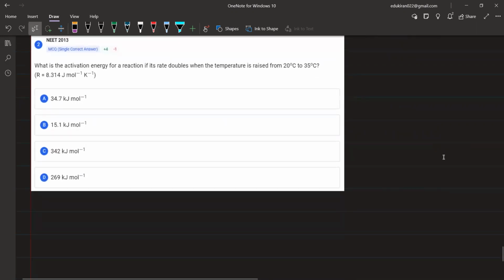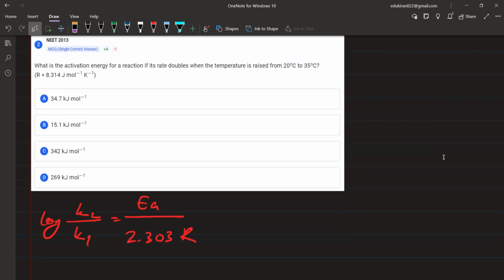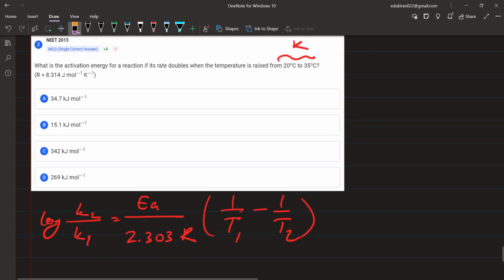See, this question will be done in this way. Log of K2 upon K1 is equal to EA upon 2.303 R multiplied by 1 upon T1 minus 1 upon T2. ठीक है, so first of all convert T1 and T2 to Kelvin. इन दोनों को Kelvin scale में convert कीजिए. Plug the values here. EA upon